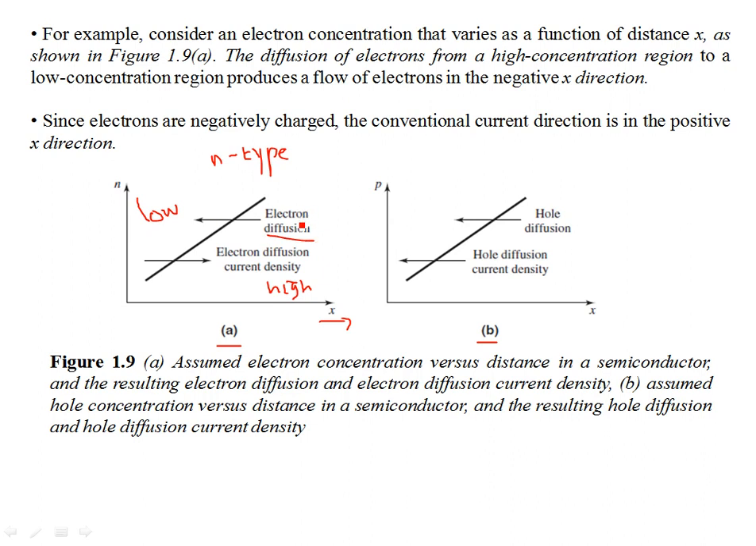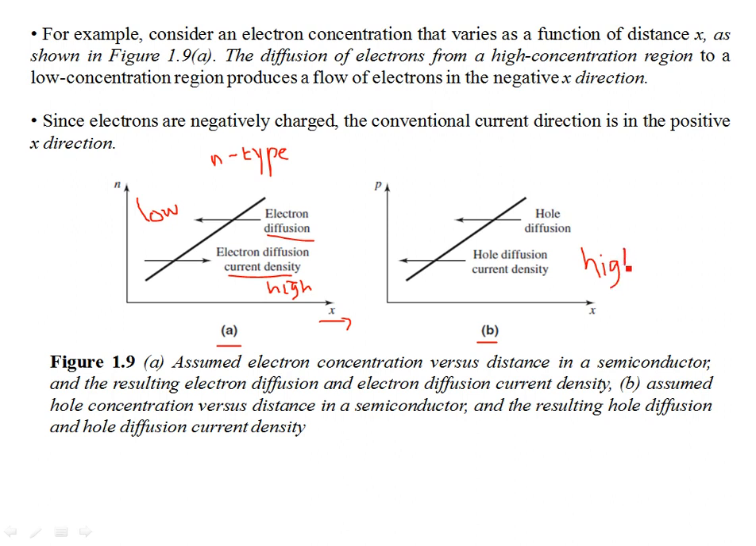Okay, that's in the conventional direction of current, of a flow of charge. It opposes the flow of electrons. So the conventional current density is in the opposite direction of the flow of charges. Okay. Similarly, for holes, as you move in the distance,